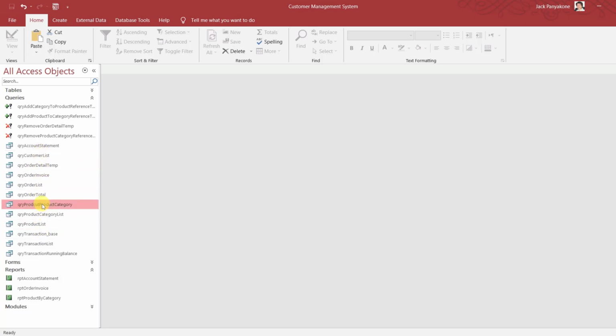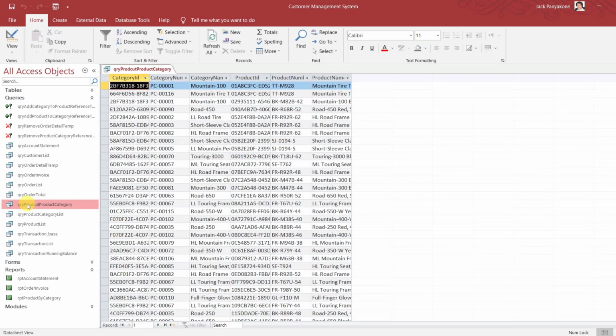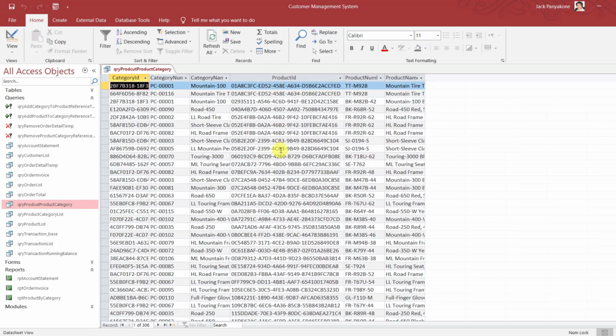We have product category, but let's open that up. Again, this one is just a category. Category number, category name, and then it's got product ID. Oh, this is product category. This is the relationship, by the way. So that could be useful. Yeah, that could be useful, now that I'm looking at it,